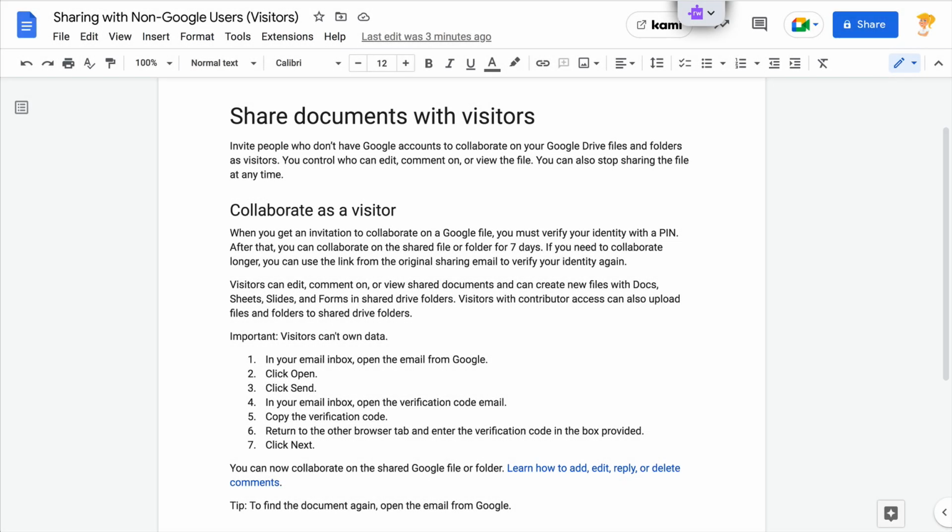Hey y'all, this week's quick tip is really for a very special type of sharing. And Google calls this sharing with visitors. So if you want to share, say, a Google Doc or a slide deck or a folder with someone who